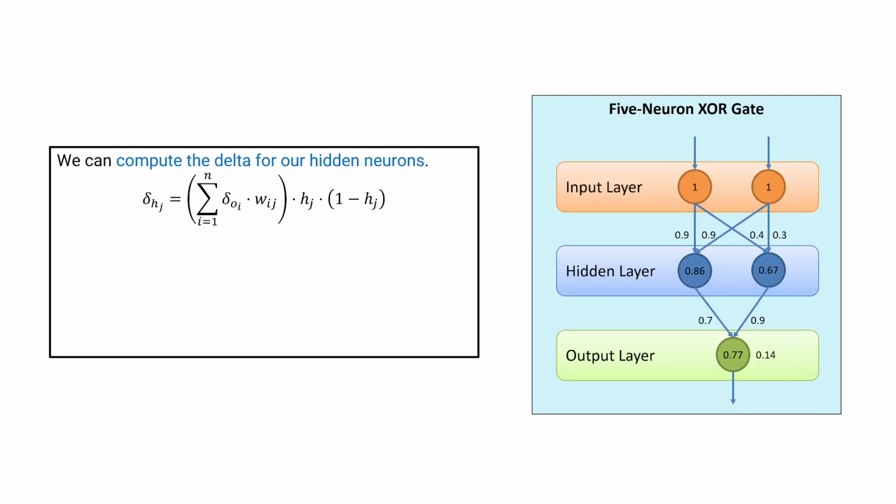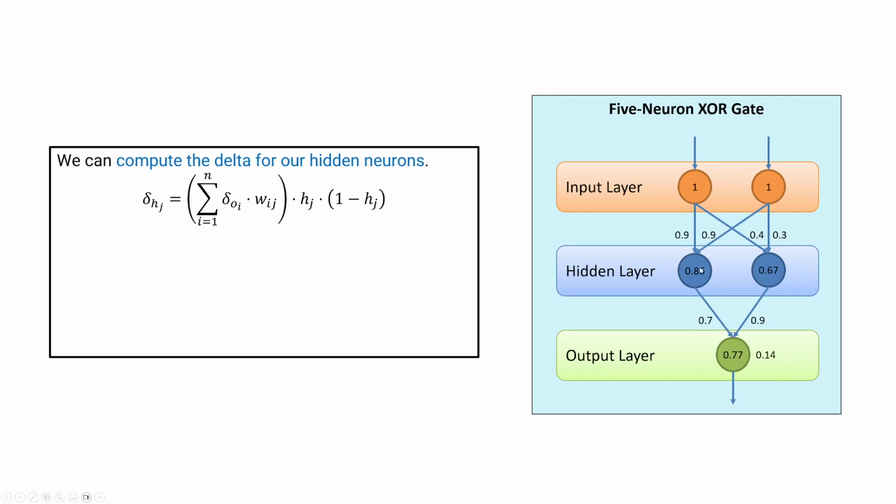Okay, so let's get back to our example and try and compute the deltas for our hidden neurons. So we now have two hidden neurons, and we are going to use the delta value. So this sum now, because we only have one output neuron here, we only have one that we're summing over. That makes things a little bit easier for us in our example. So we're going to take the delta value of our output neuron, that's our 0.14 that we computed earlier, and we're going to multiply it by the weight, so in this case 0.71, and that's going to be the loss contribution of this part to delta,